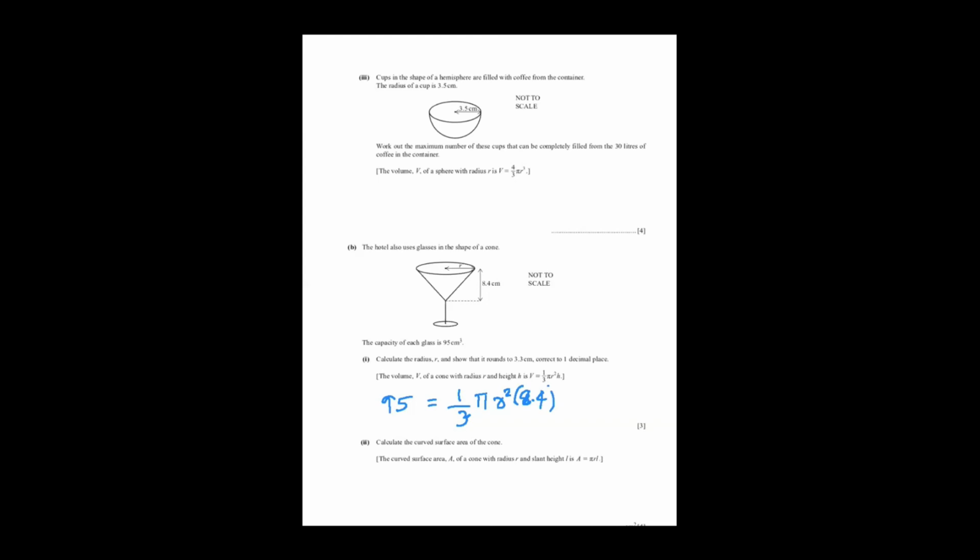Okay, 3.28, no worries. So 3 multiplied by 95, that is r square, if we want to make